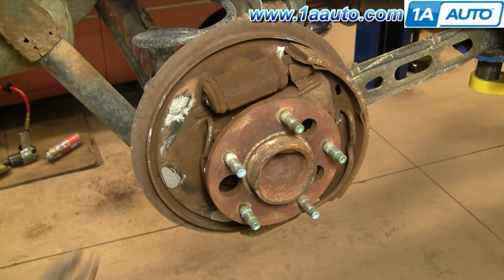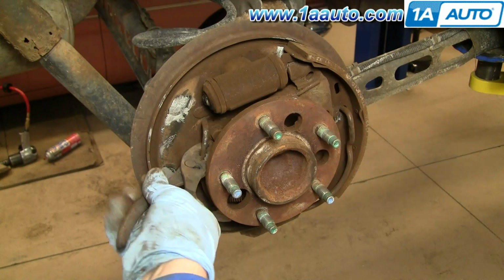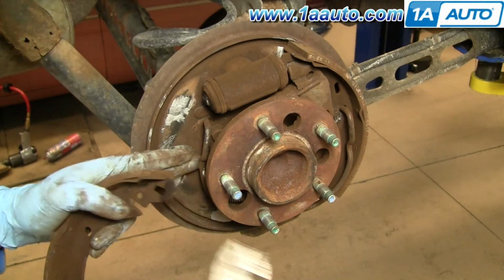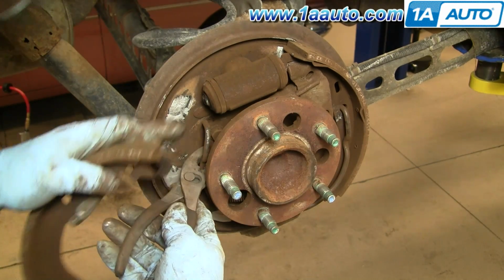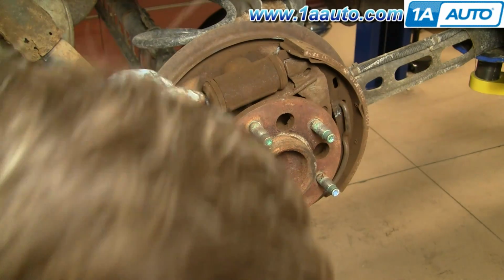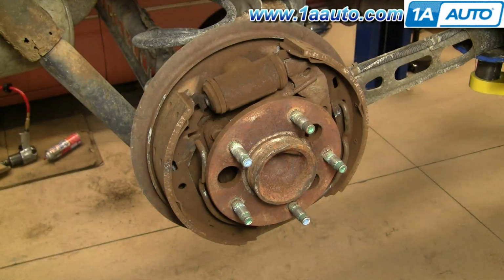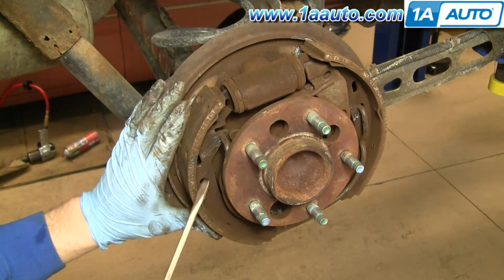Okay. Now take a pair of regular pliers, grab onto this. Let's see here. Get this in place better. Okay. Put this shoe in. I'm just seating it down on the bottom. Okay. And then you can let go with your pliers. So the bottom of the shoe should be in place like that. Okay, once you have it there,